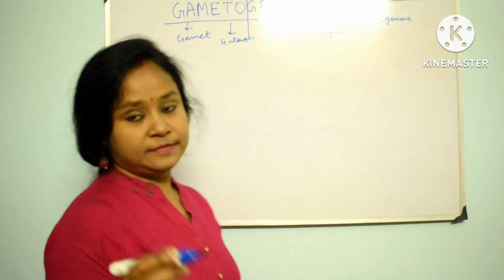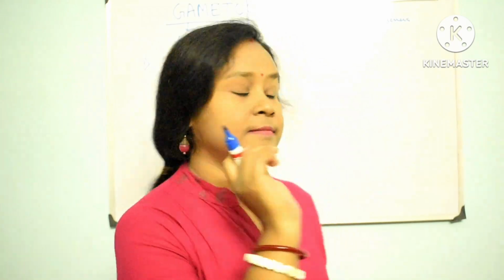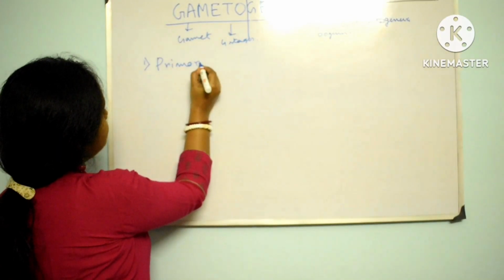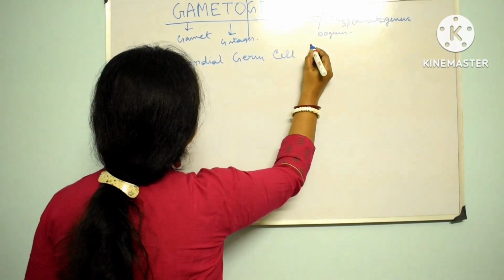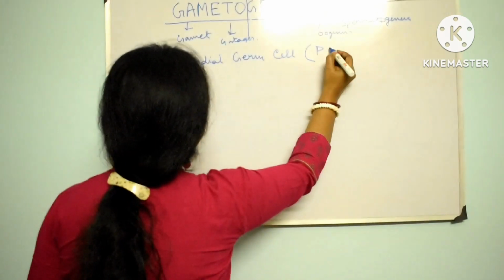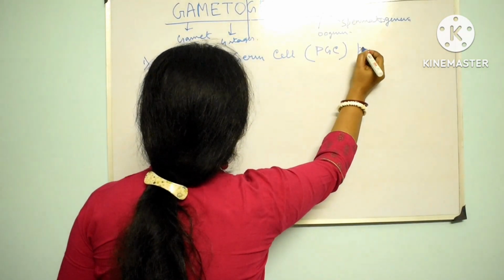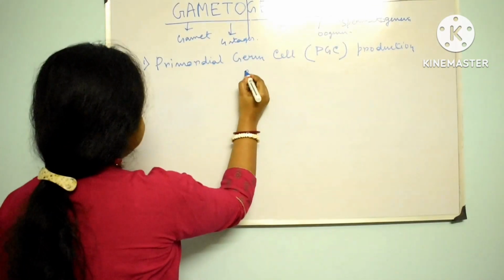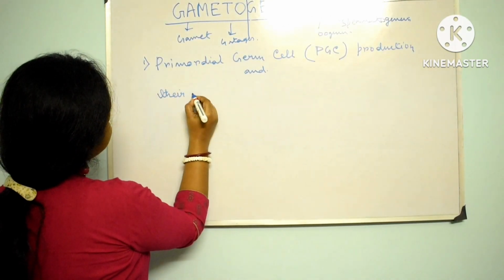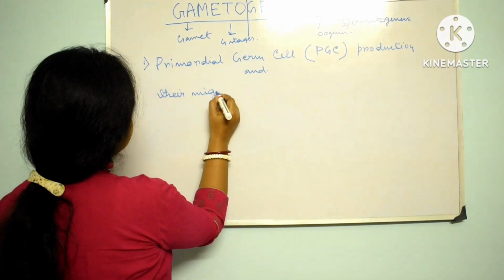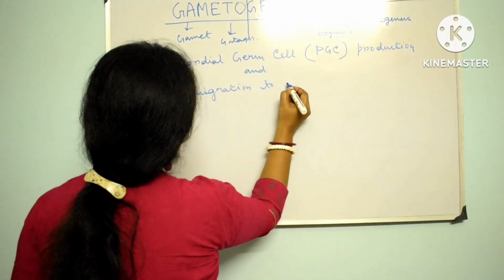Point number 1, production of primordial germ cells, PGC, and their migration to